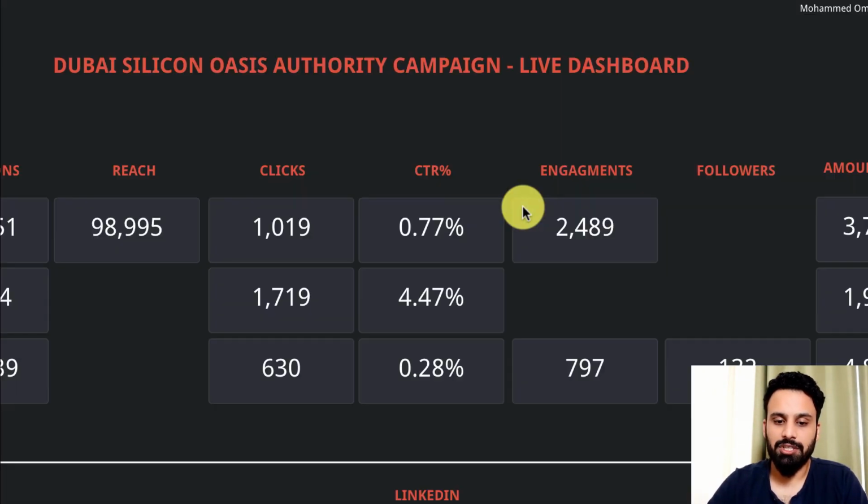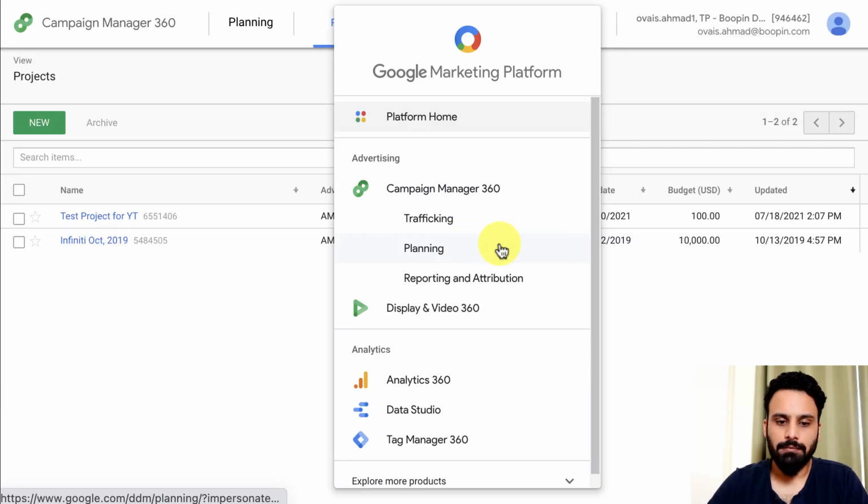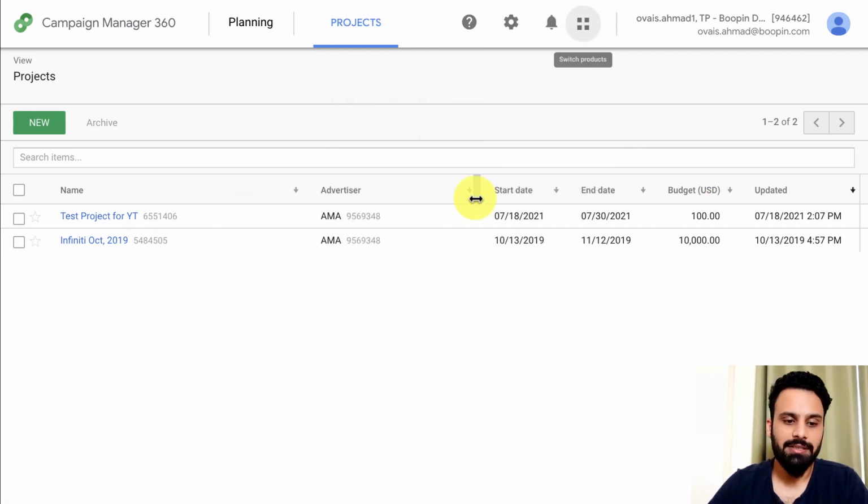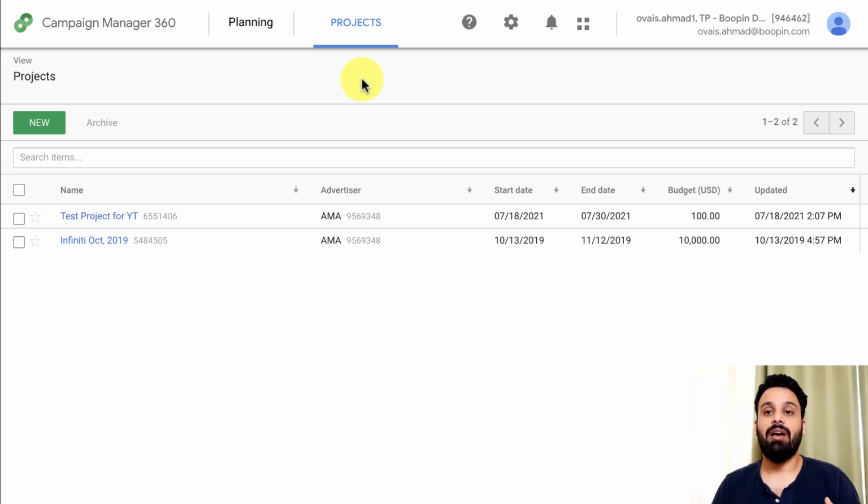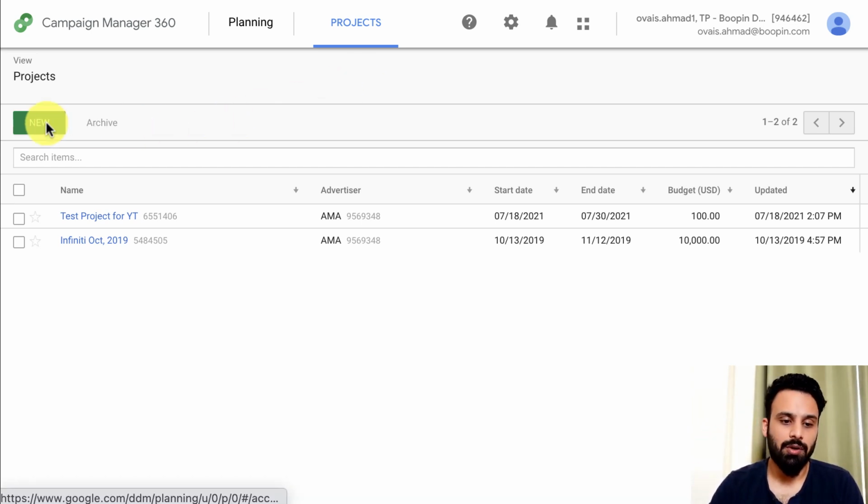Now let's quickly jump to the planning module. Once you click on the planning module, this is where you will be redirected to. What you can do is create a project or a plan here. For example, you have an upcoming campaign and you just want to know the costs and which publishers to include and all of that. It basically creates a plan which you can later even push to execution as well.